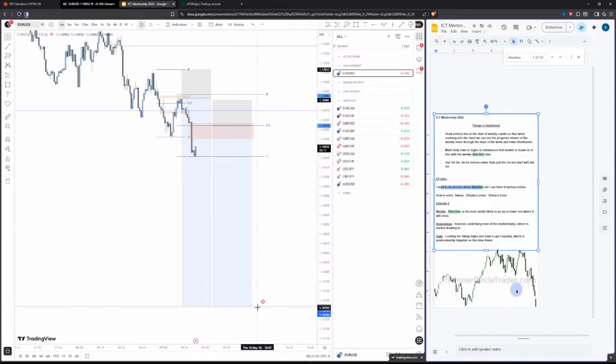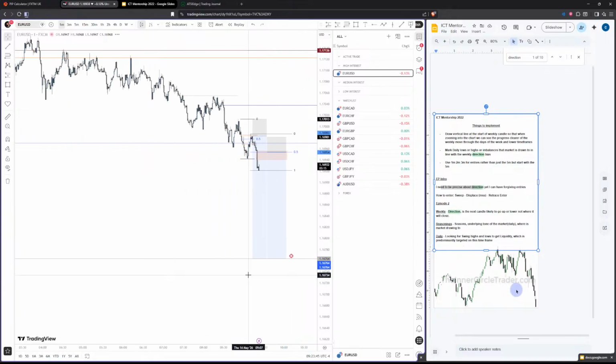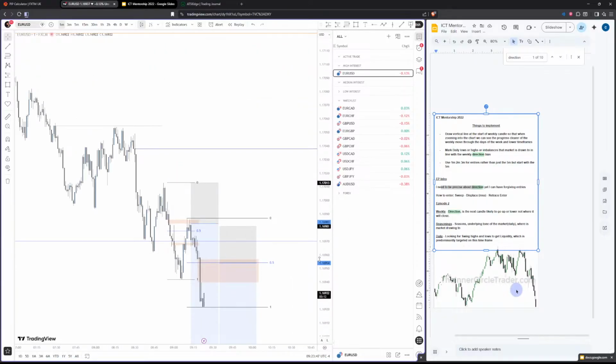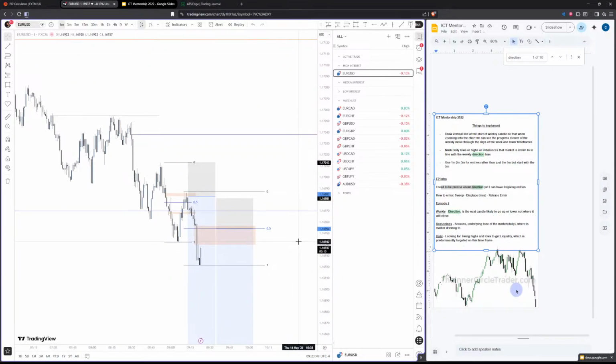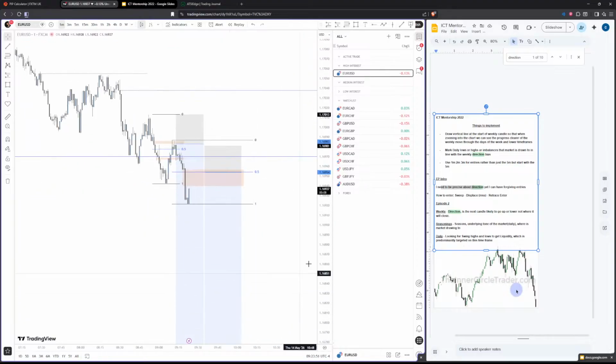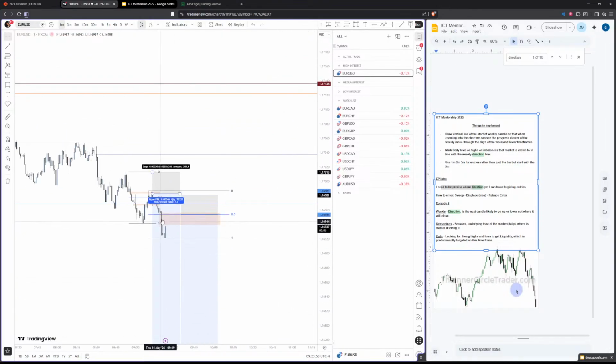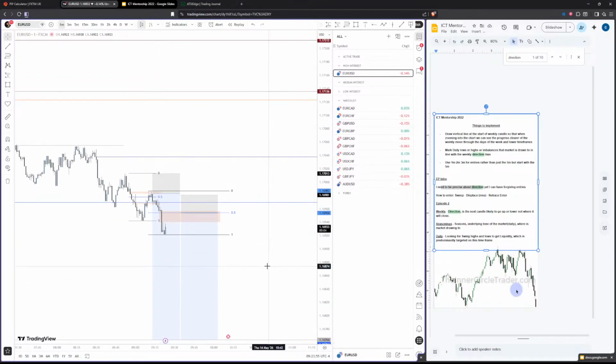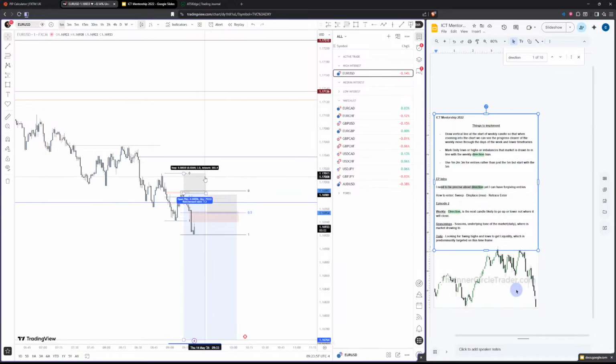We need to be precise about direction. We can't say price may go there, may go there. That's fine if we have rules. So price may go down here, but it may go and take up liquidity first. So if we're going to enter, we need that liquidity first.